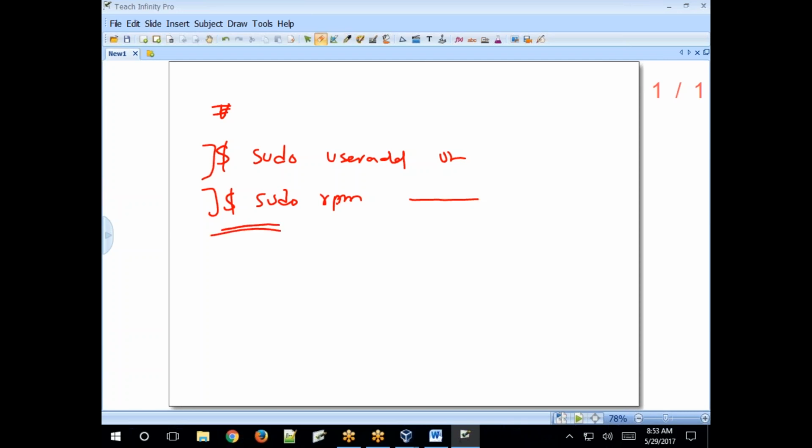Just remember how to add and modify the sudoers file, and how to execute commands after adding the information about which users are allowed to run them. Log in with that user account, then execute commands like this. First you need to specify sudo, then only will the sudo file allow that user to run that command. If sudo is not specified, it won't allow the command to run, and you will get a message: permission denied. Permission denied. Clear?